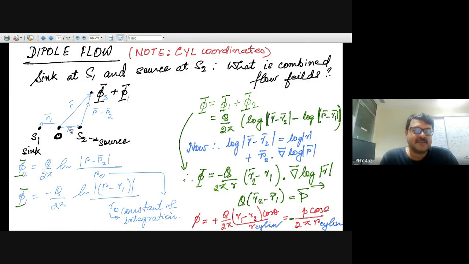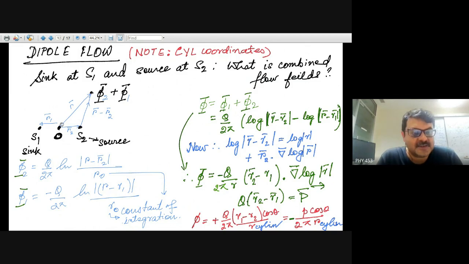And if this is R2, you can just check that R minus R2 is the R vector, right? So from the origin, you want to find the potential at a certain point,